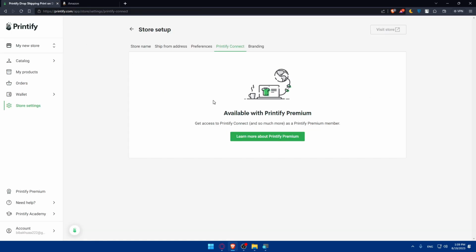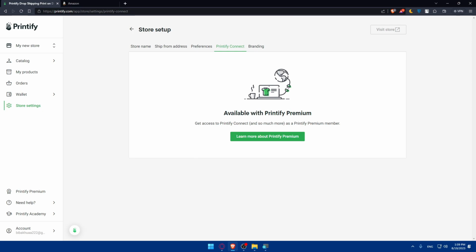You can create new product listings using imported Printify products. You can add product details, descriptions, images, and even set pricing. You can sync inventory and orders. As customers place orders on Amazon, the orders will be automatically sent to Printify for fulfillment. Printify will produce and ship the products directly to customers, and you can monitor all your